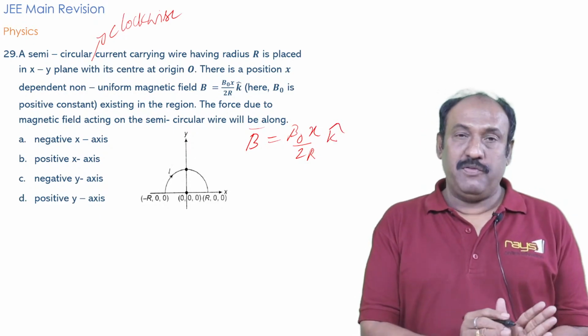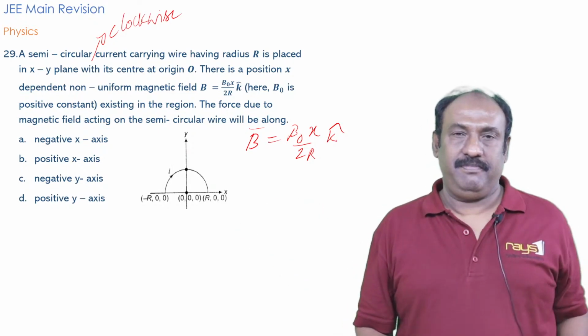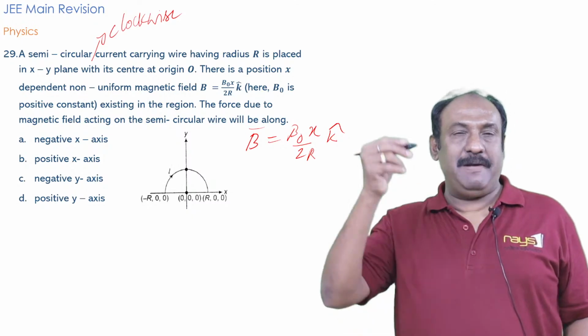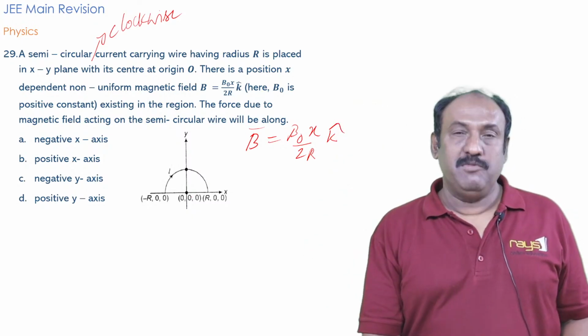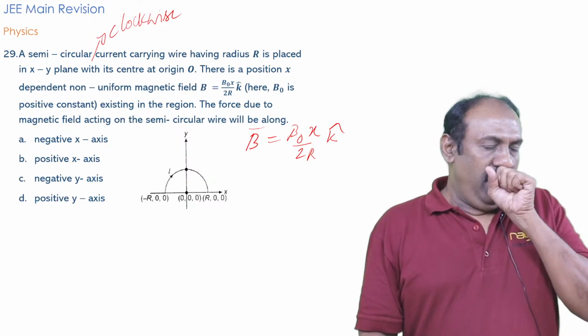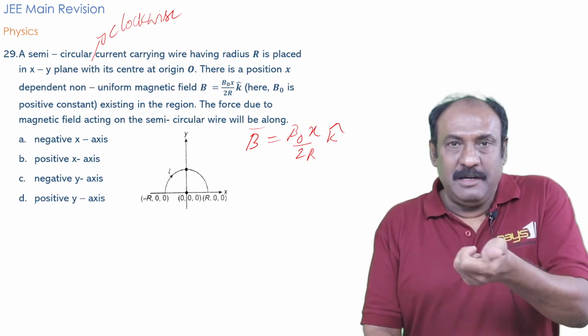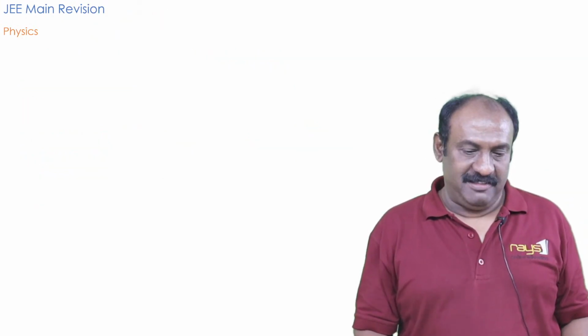So if we move from origin towards the positive x direction, B is positive, that is, it acts out of the plane of the paper. When we move towards the negative x direction, B is negative. It acts into the plane of the paper. Now on that basis here,